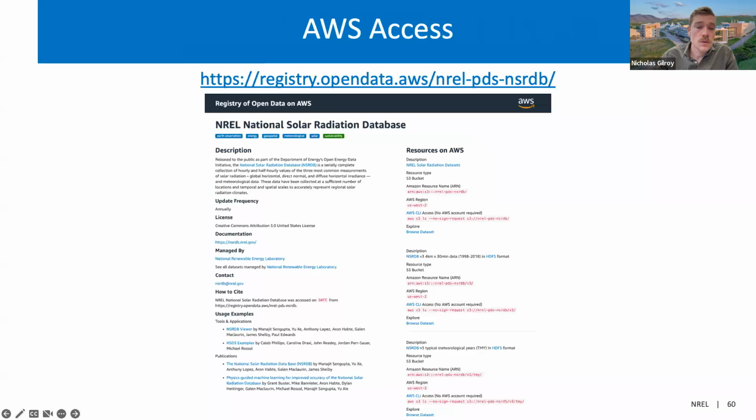So, for users interested in accessing bulk data and have a use case where the API rate limits are too restrictive, the full data sets are available through the Open Energy Data Initiative. OEDI is a CETO-funded project that has been partnering with AWS to obtain free cloud storage to highlight DOE's high-value public data sets, NSRDB included.